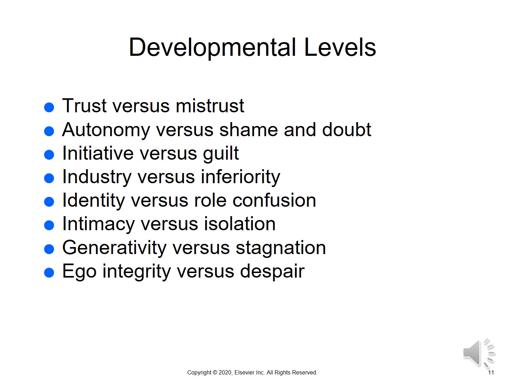In the next stage, from the age range of about 25 to 60-year-olds, you have generativity versus stagnation. The goal is to achieve a balance between the concern for the next generation and being self-absorbed. In the age range of 60 years and older, a period of life we call senescence, or elderly, you have ego integrity versus despair. This is when the patient reflects on one's life and comes to terms with it instead